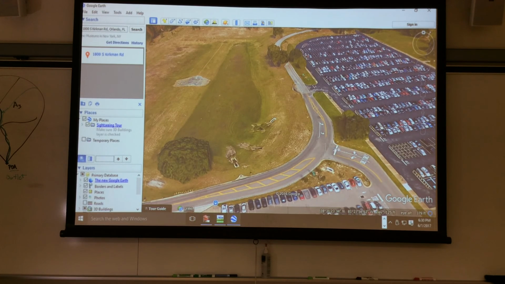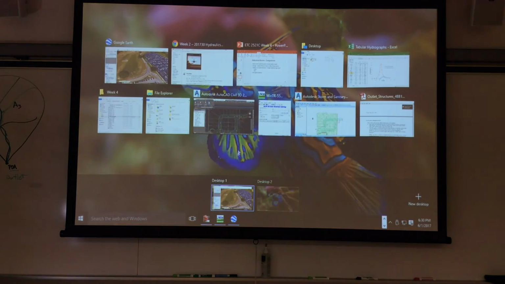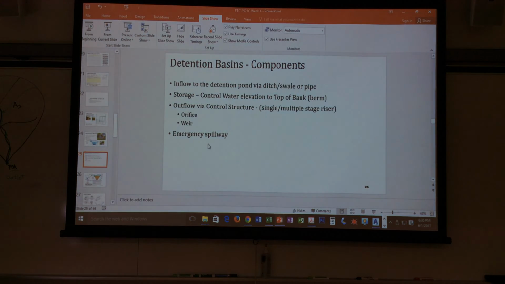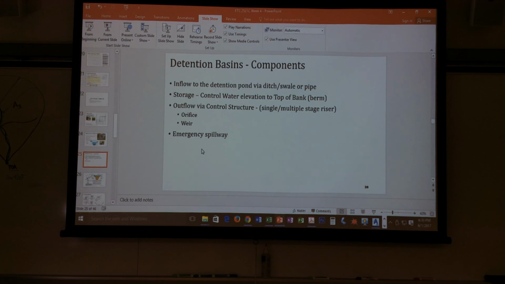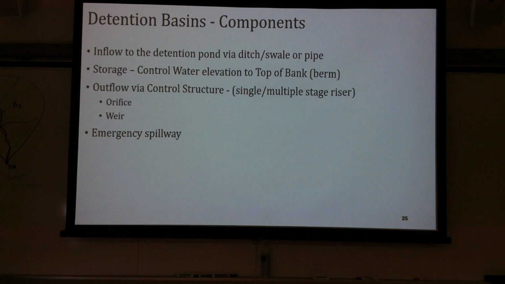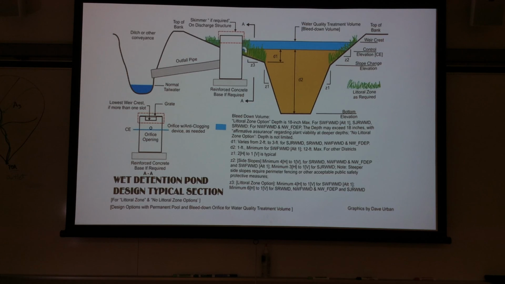All right, so let's go back to our PowerPoint, as soon as I find my PowerPoint. All right, so those are the concepts. The next part that I'll go over is some more of the permitting requirements and what detention ponds look